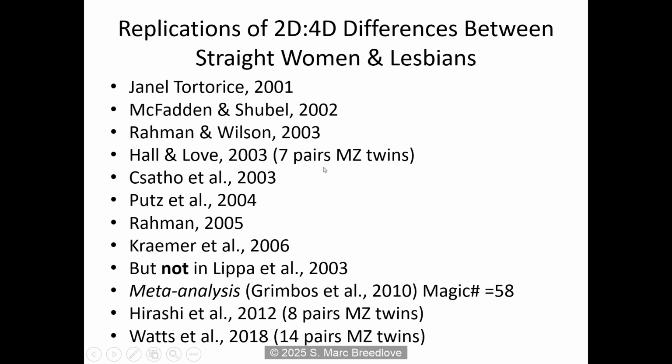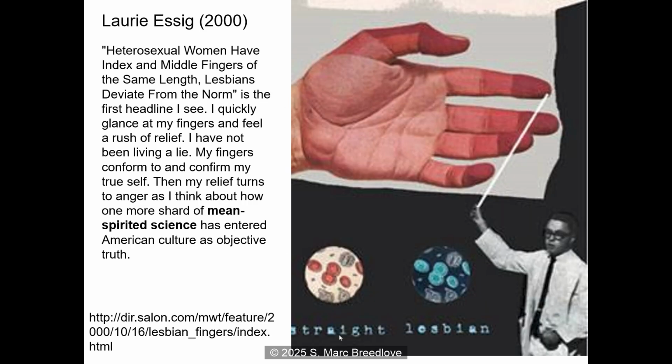So on the east coast of America, they found 7 pairs of monozygotic twins. That was later replicated in a Japanese sample, and then even more recently replicated in a European sample. So it seems like, wherever you find monozygotic twins who were discordant for sexual orientation. Now, other questions about that? So I'll finish here just by saying I did get some guff for this.